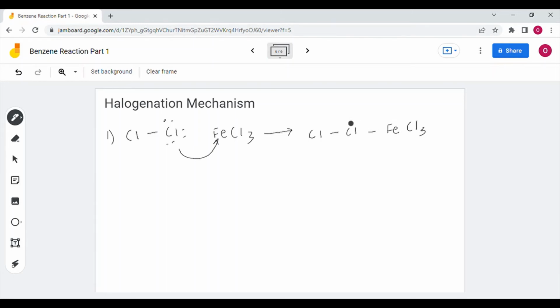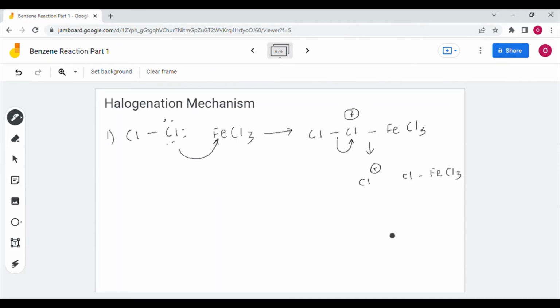Don't forget that we now have a plus charge on this chlorine. To get rid of this plus charge, this electron here is going to move to the chlorine, thus forming this molecule, Cl+, and